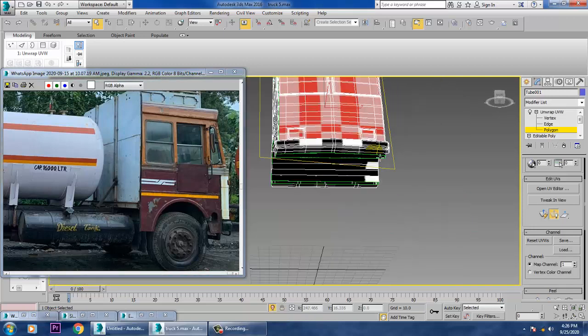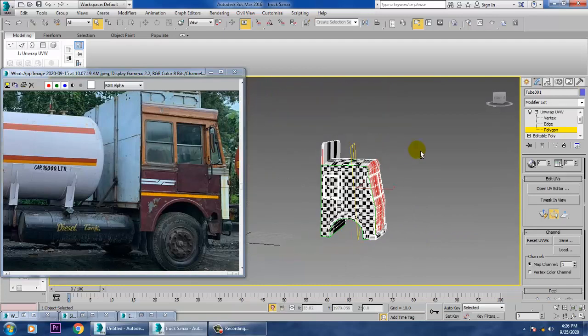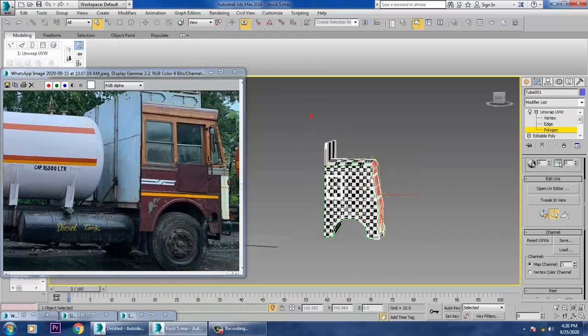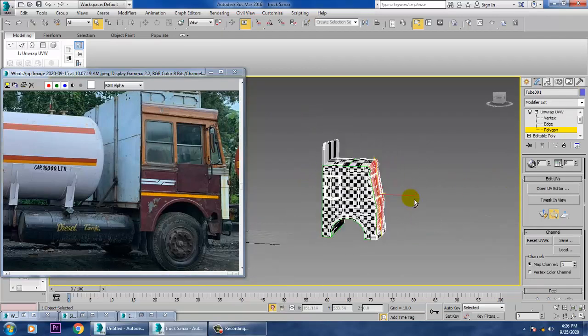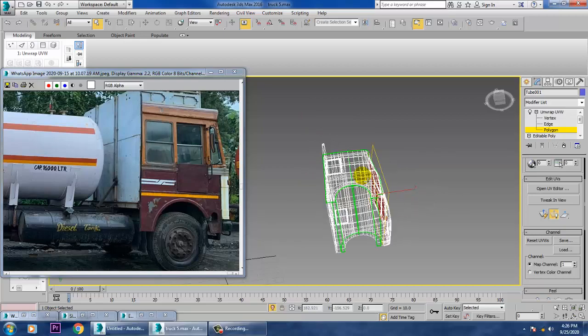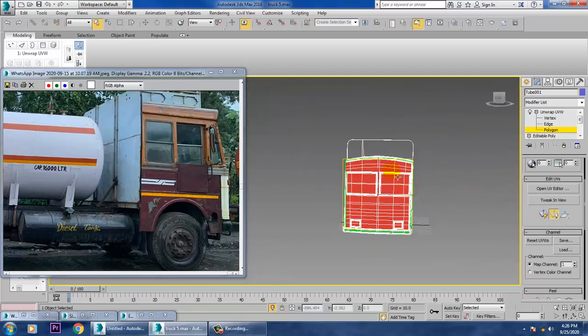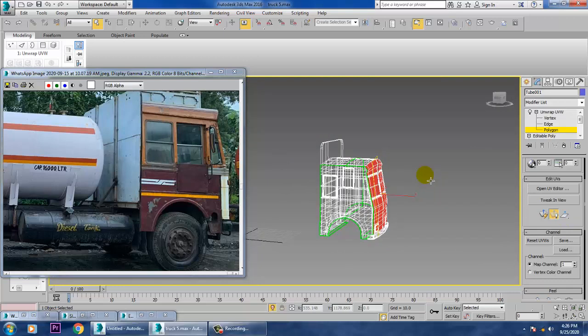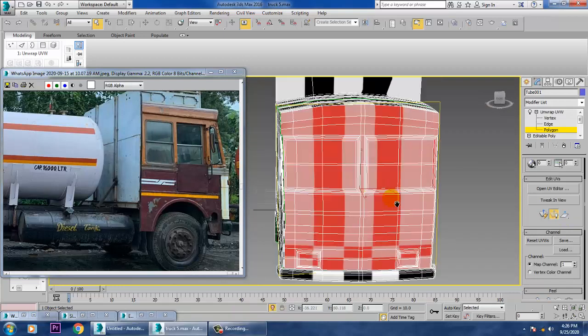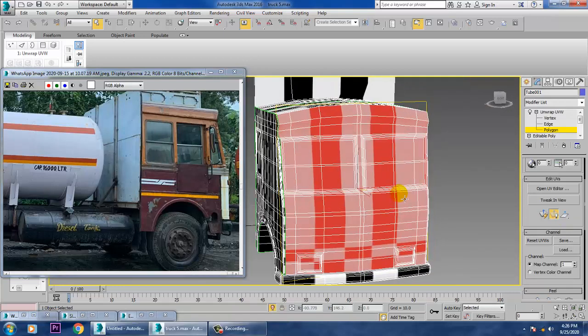Alright. So press F3 and you can just check it. If you accidentally selected any of the area, you can just remove that. In this you will see that we have a bottom area.